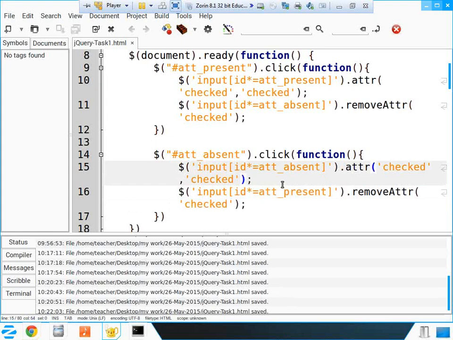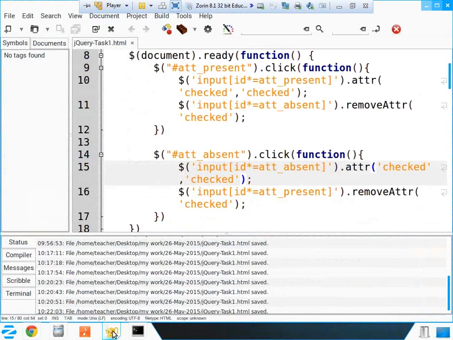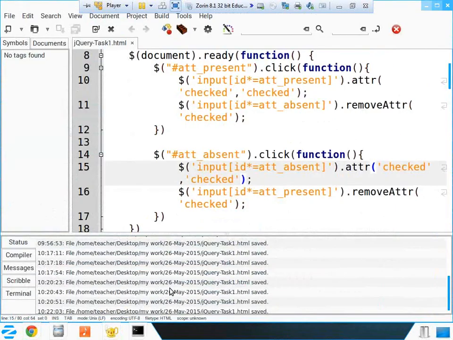Otherwise you can also use dot property to change. Attribute checked, chain events dot property. In the same way you can also get it. Checked is equal to true, or otherwise what do we do? Checked